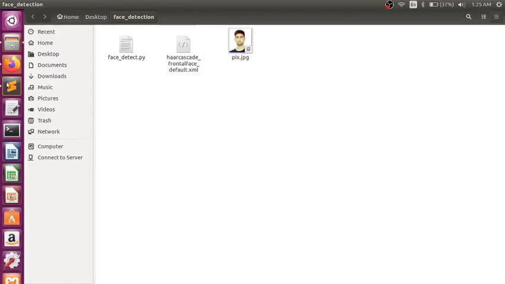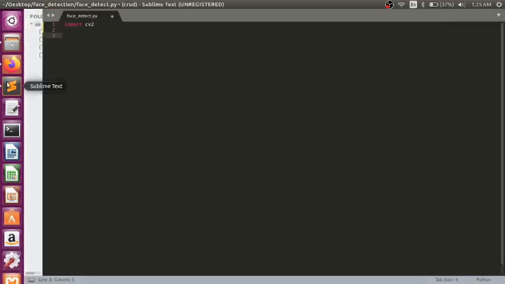Now go to the Python program and import the Haar cascade classifier. face is equal to cv2.CascadeClassifier of the XML file. Now we will import the image and save it in a variable.